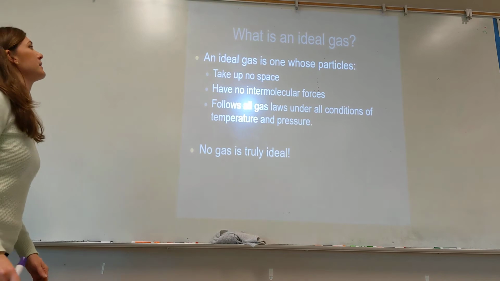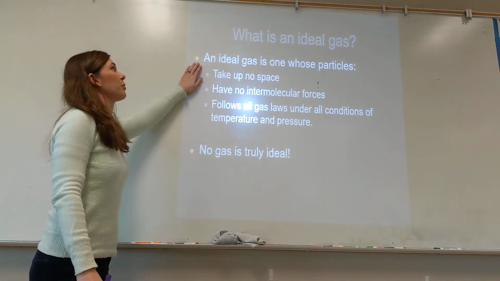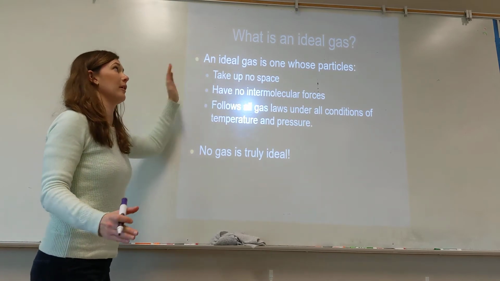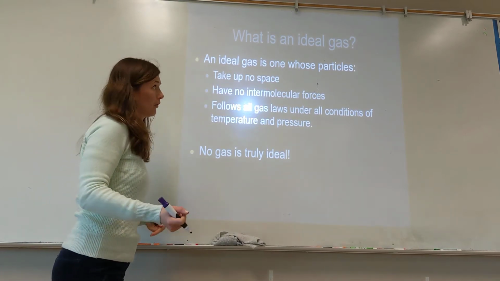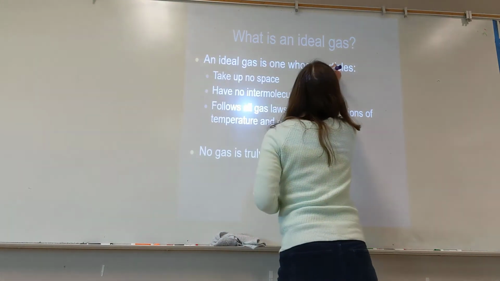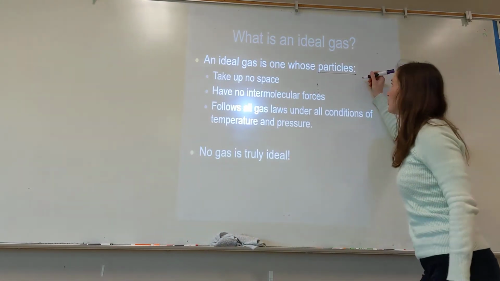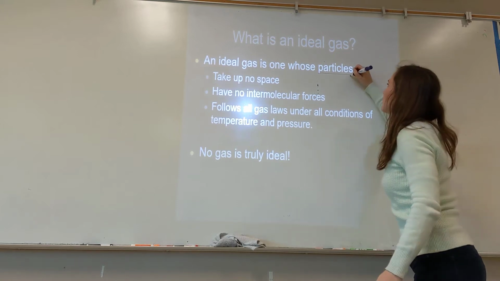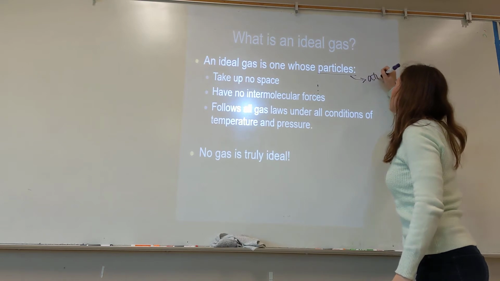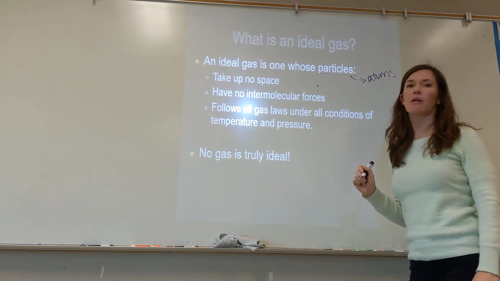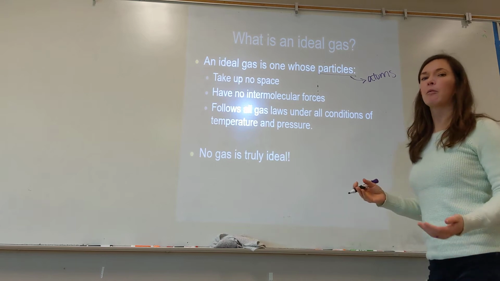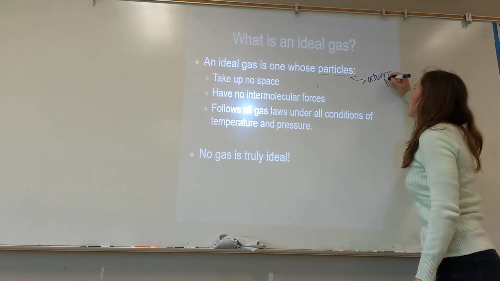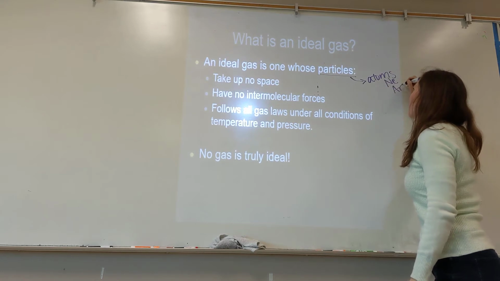So, ideal gases are those gases whose particles do the following things. Before we can talk about that, we need to talk about exactly what kind of particles we're talking about. So, particles of a gas. From our first couple of units, particles are things like atoms. And if we're specifically talking about a gas, if we're talking about atoms, we're probably talking about the noble gases, so things like neon or argon.